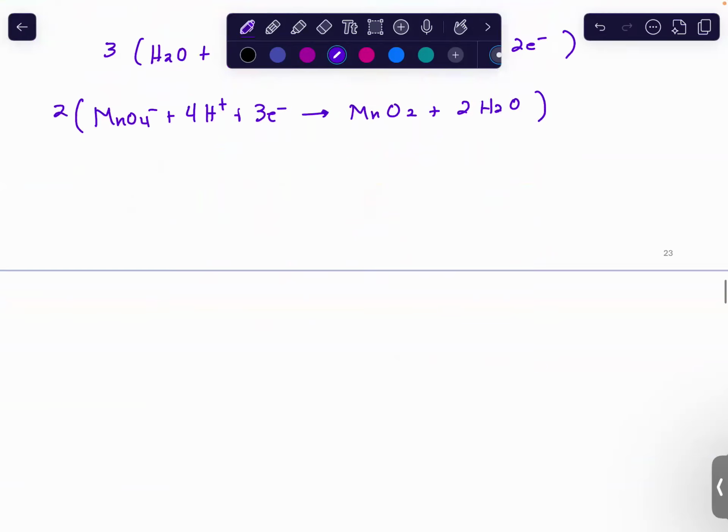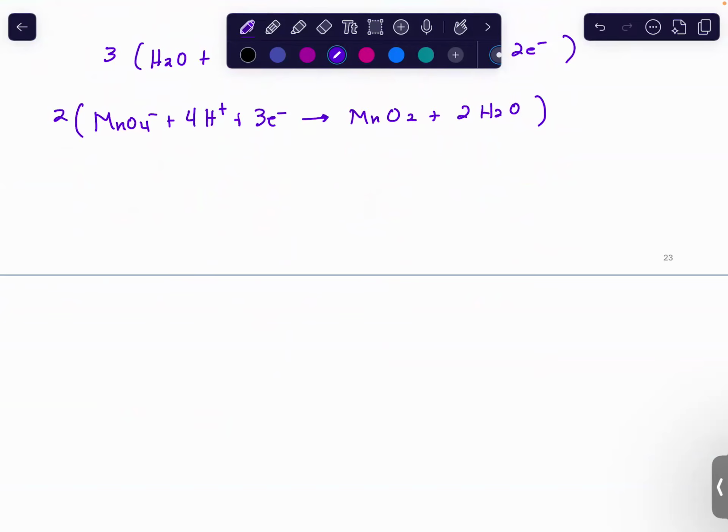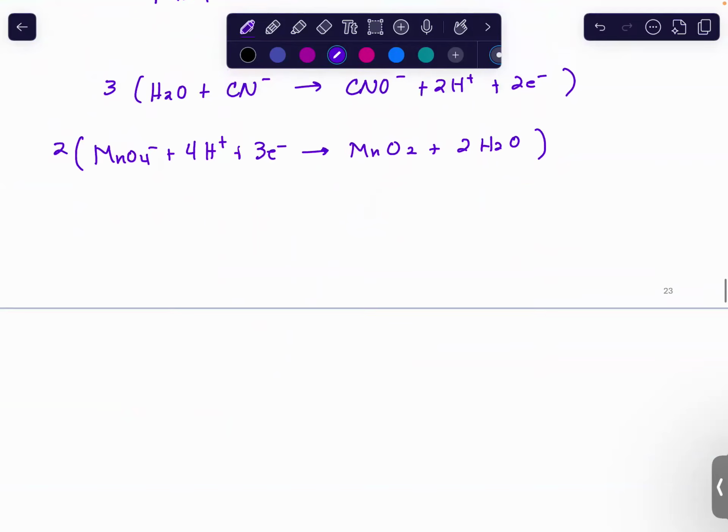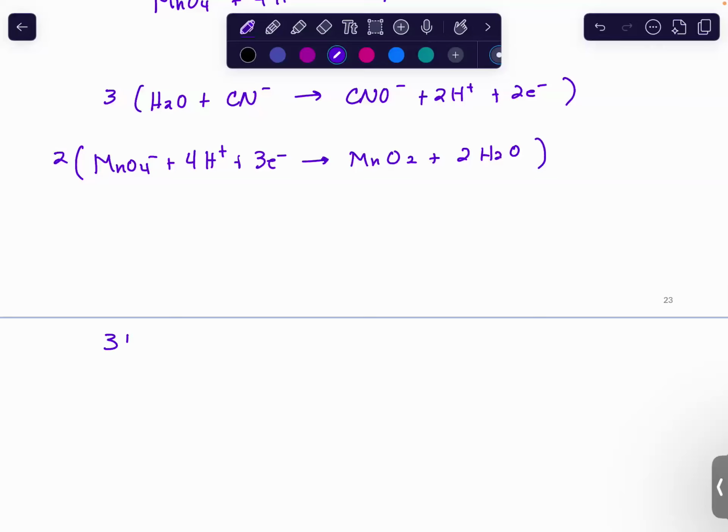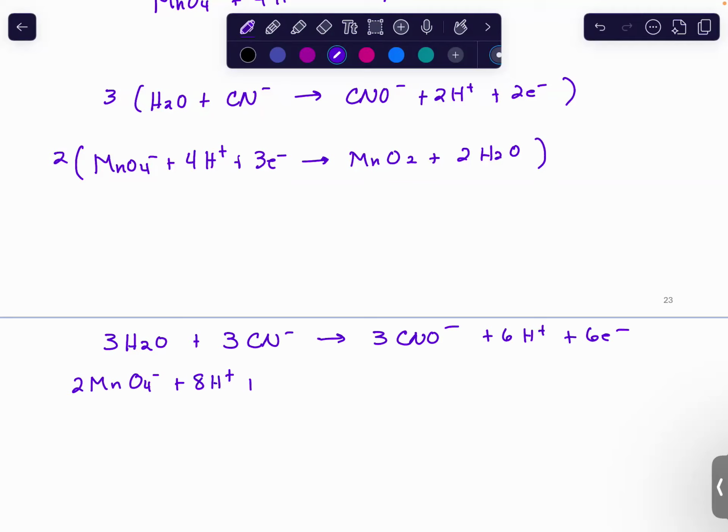So I'm going to go ahead and write these where I can add everything together. Okay, so that's going to give me 3 waters, 3 cyanides, 3 CNOs, 6 protons, 6 electrons. Then my second equation is 2 permanganates, 8 protons, 6 electrons, 2 manganese 4 oxides,